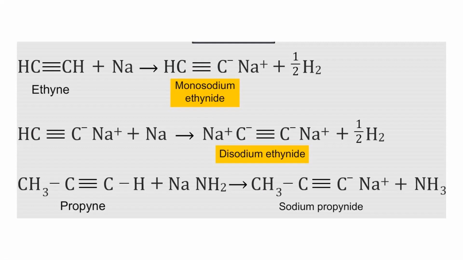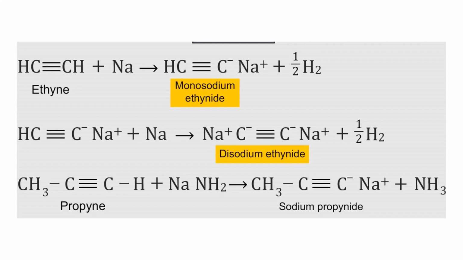Now, can we say why it is so? Why is it not present in ethene or ethane? Yes, we can see that hydrogen atoms in ethyne are attached to the sp hybridized carbon atom, whereas they are attached to sp2 hybridized carbon atom in ethene and sp3 in ethane. Due to the maximum percentage of s character, the sp hybrid orbitals of carbon atoms in ethyne molecules have the highest electronegativity.